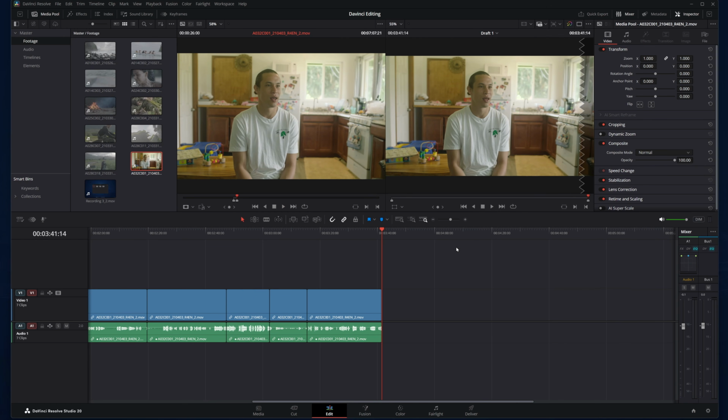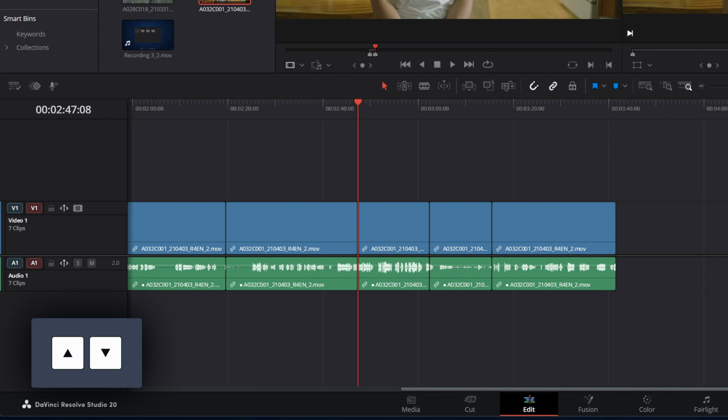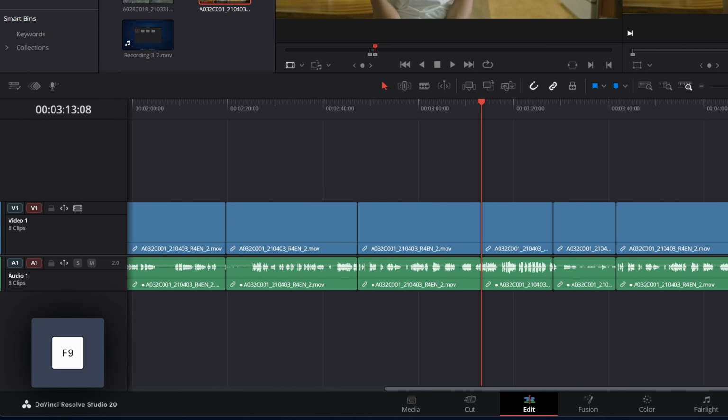Alright, and that's what you would do to cut through your footage and find the parts you want. I want to show you the difference between F9, F10, and F11 keys now that we have some footage in here. I'm going to do that first by using my up and down arrows to jump through my cut points and land on this one. Now when I hit F9 to insert, notice that it inserts the clip and ripples everything down the line.